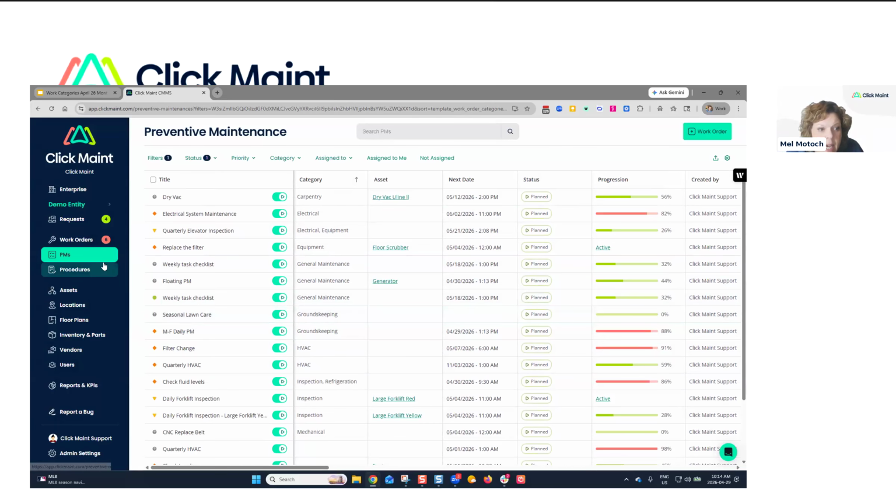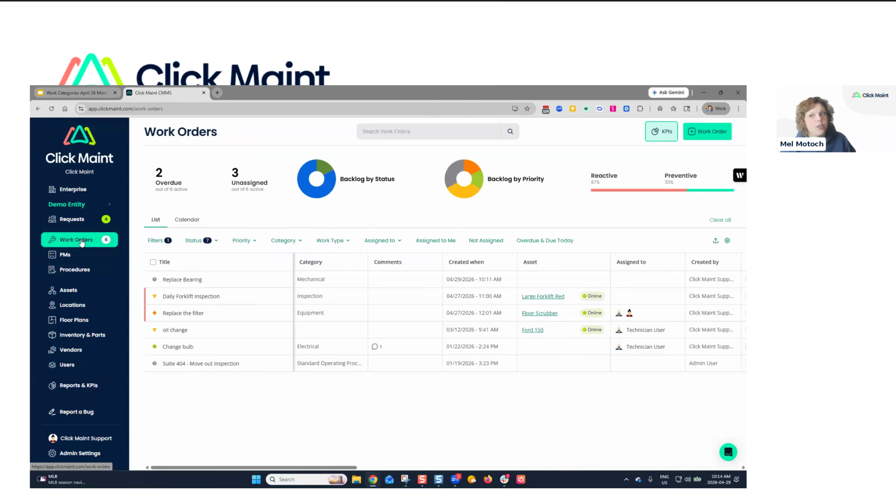So pretty straightforward to add to the system, but really, what's the advantage after that when I add those? It really comes down to when you want to get your results later. I mean, that's kind of the goal of using this system, to run reports on all this information. One way that we do, and I'm going to jump into the reports and KPI section, but one way that people really like to see a lot of information, especially with the completed work orders, is with your quick filters,